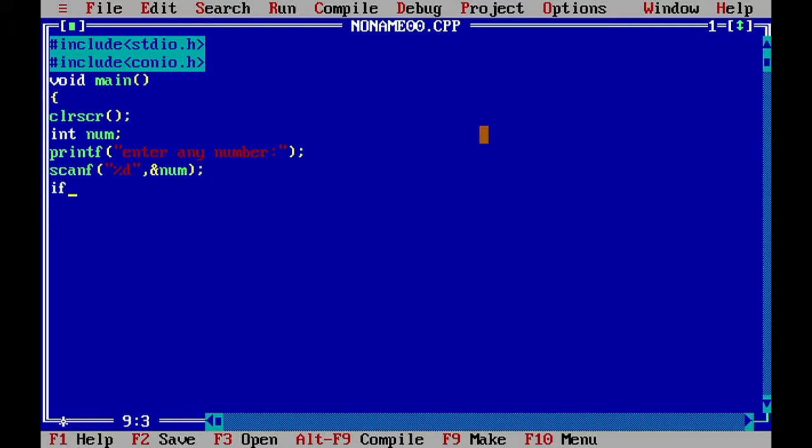Then we use if-else statement for checking and making the decision whether the inputted number is even or not. If it is divisible by 2, then it is an even number, and if it is not divisible by 2, then it is an odd number. If num divisible by 2 equals to 0. अगर ये divisible हो जाए और इसका आंसर 0 आ जाए,